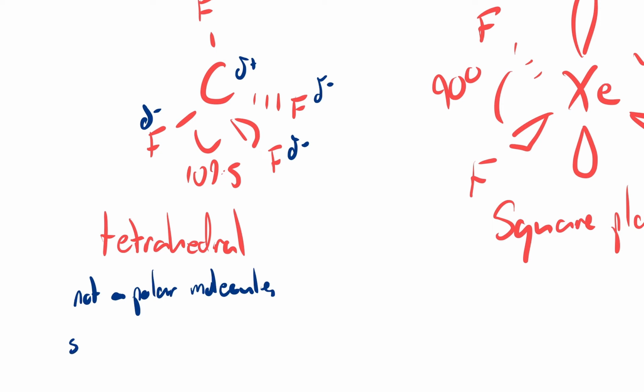So as symmetrical. And of course, all we'd have to do is swap one of these F's for an H, and all of a sudden it is going to be a polar molecule. So not much needs to change in order for that to change, right? Next,